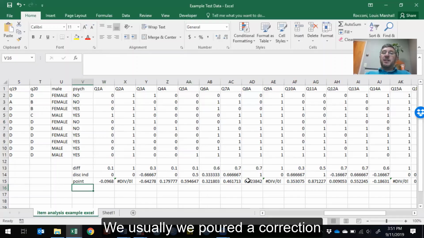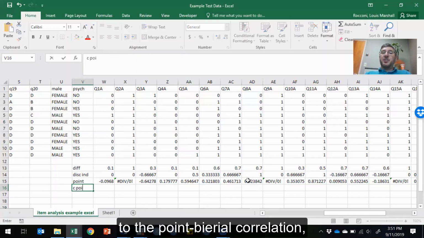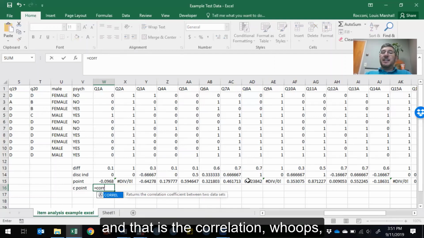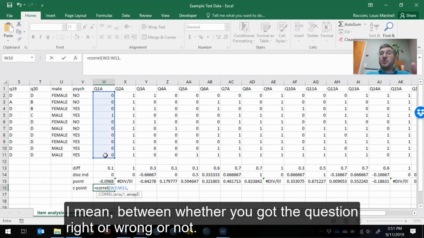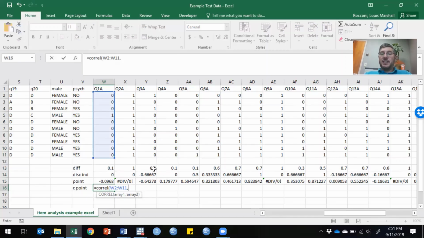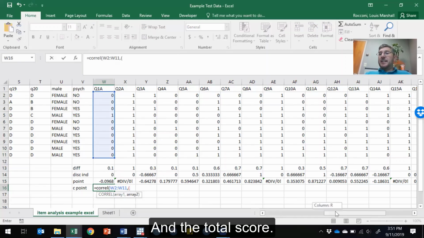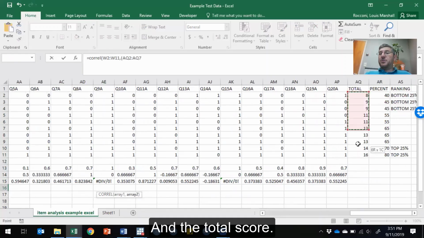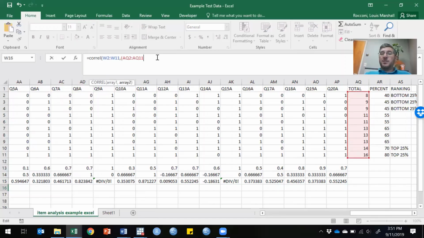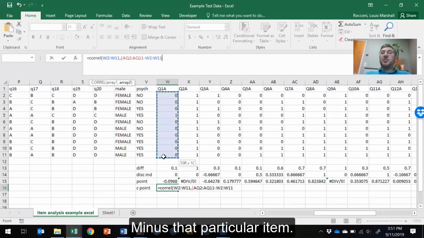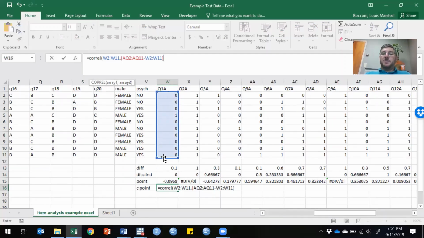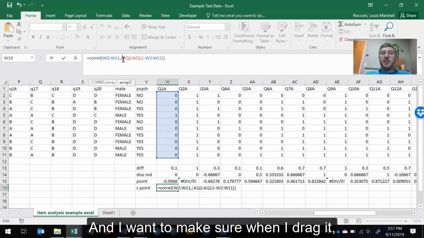We usually report a correction to the point biserial correlation, and that is the correlation between whether you got the question right or wrong, and the total score minus that particular item. And I want to make sure when I drag it